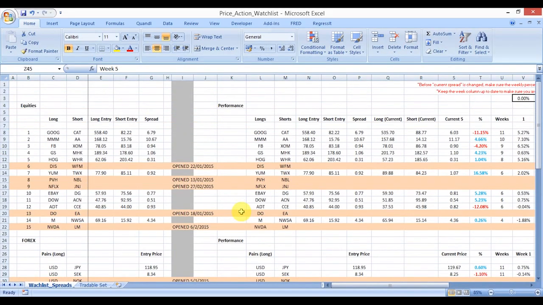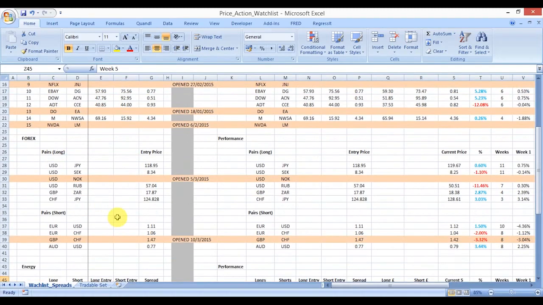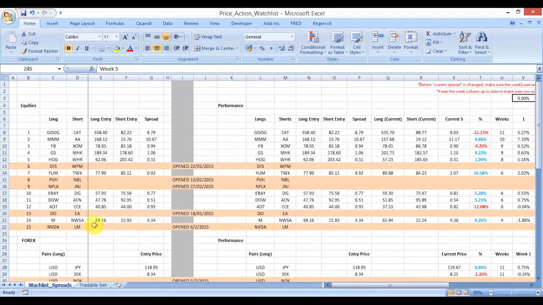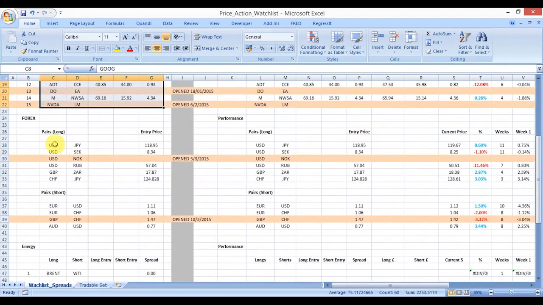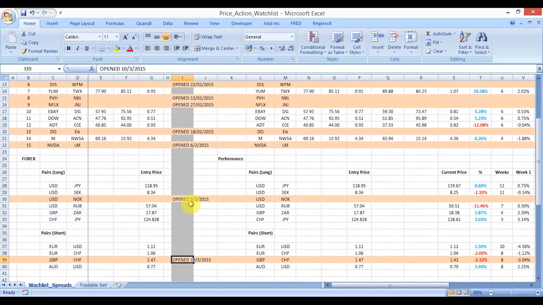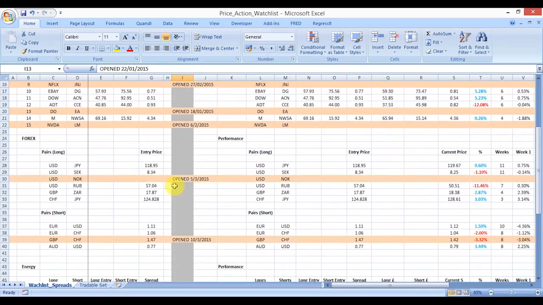So the first thing to understand here is that we create a watch list in order to service our target gross exposure. In this example, as we've already seen, we've got some equity spread positions and some currency ideas, and there's space for some commodities and other asset classes as well at the bottom of the sheet. So we've got roughly 15 equity spread ideas in the watch list and around 10 currency pair ideas as well. Now 7 of those have actually been opened and put into a live portfolio. So they've been taken off the watch list, they're no longer recorded, the details for those, and they've been put